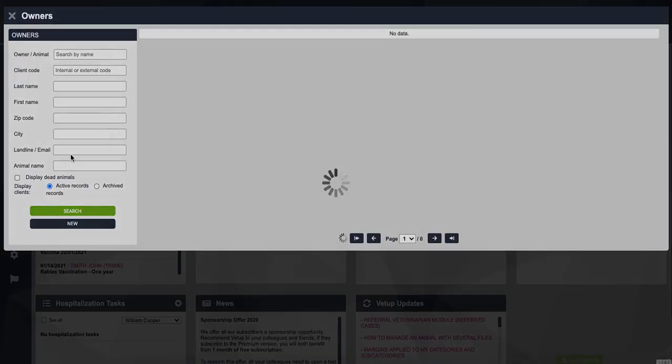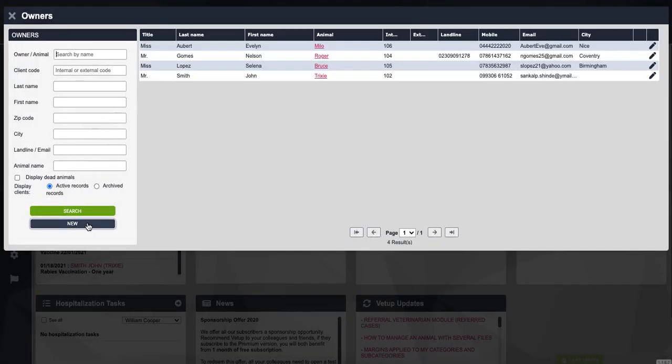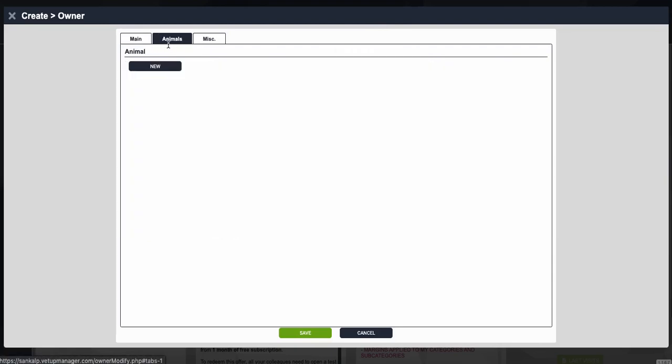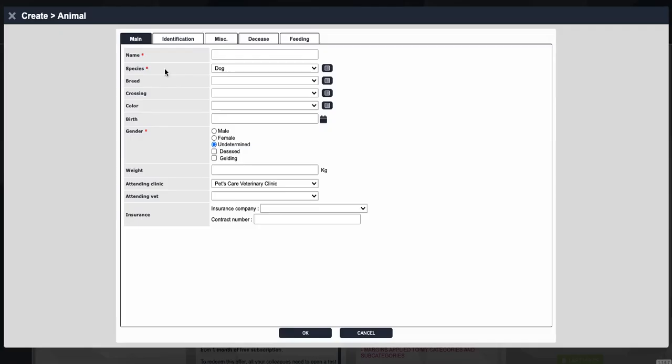It's quick and easy. To create a new owner, you can just click on new and fill up the information here. You can fill up the title, last name, first name. If there is a company name, you can add the company name and the address of the owner, and then fill up the contact details here. Once all this is done, you can go to the animal and click on new to add an animal for